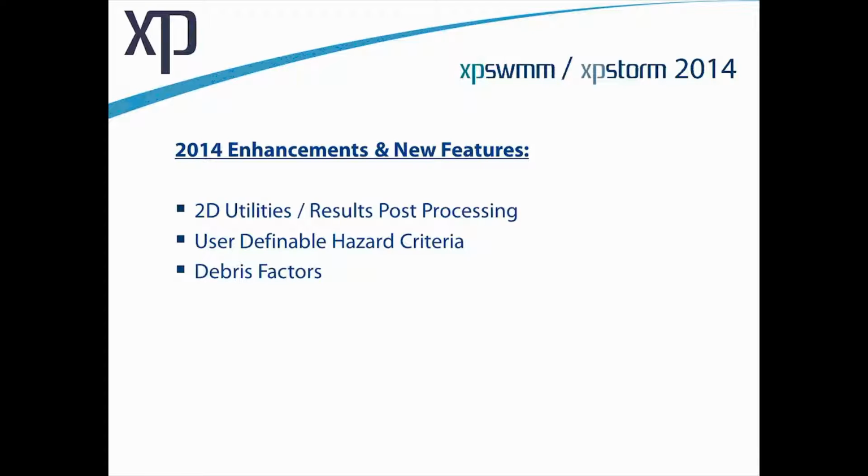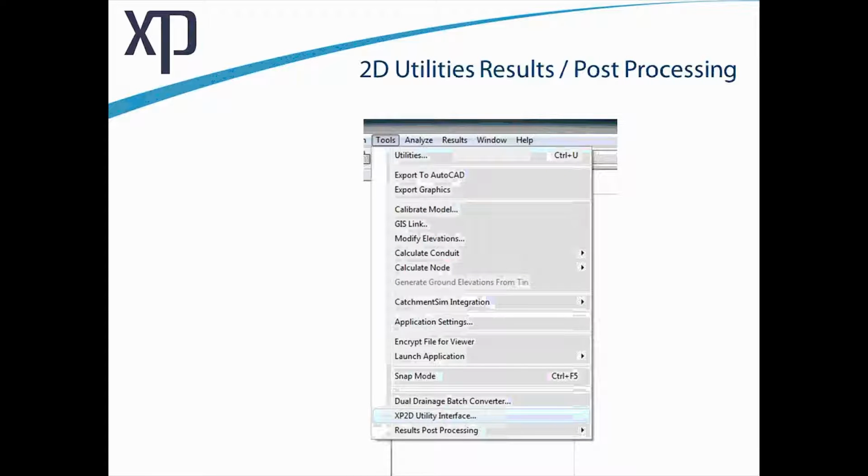So now moving on, we don't have time to look at all of the enhancements we've made for 2D modeling, but I wanted to talk about these ones because these are ones where we've really listened to user feedback, and it really enhances what you can offer in terms of post-processing within the software. So we have a new tool for 2D results post-processing, and it's available from the Tools menu and is called